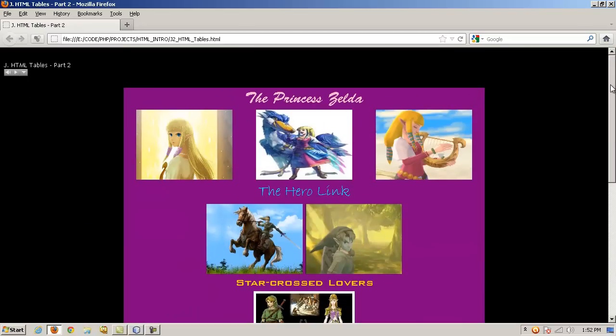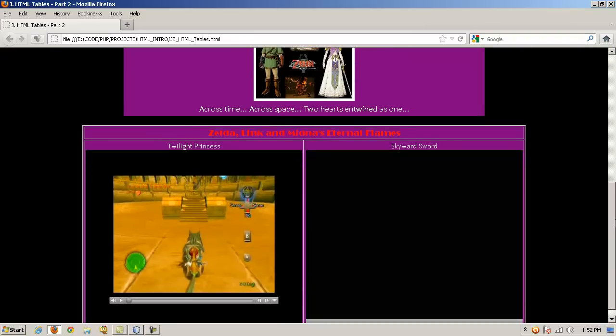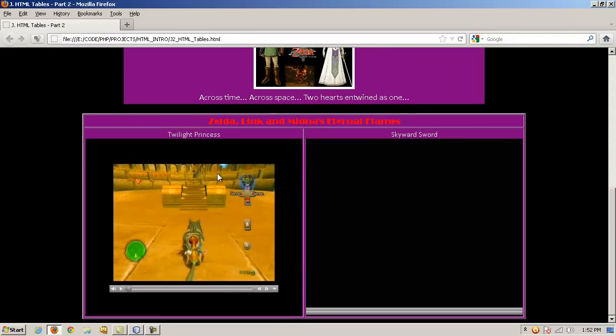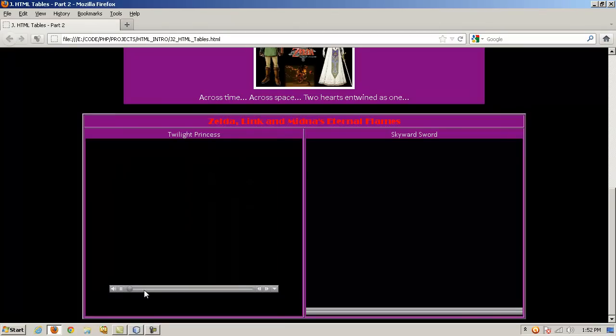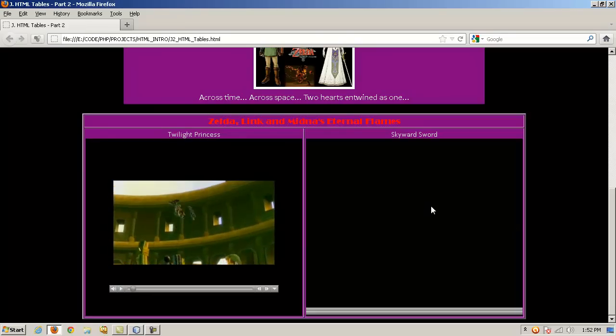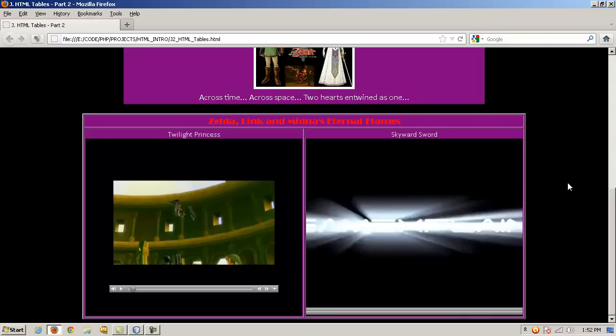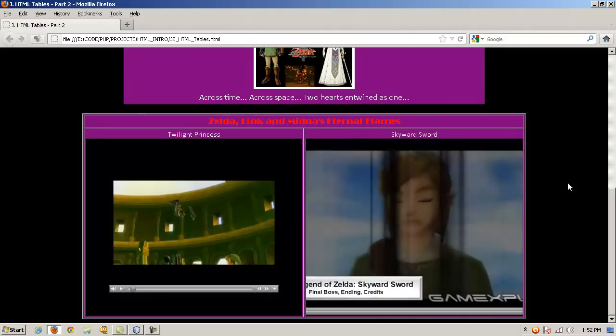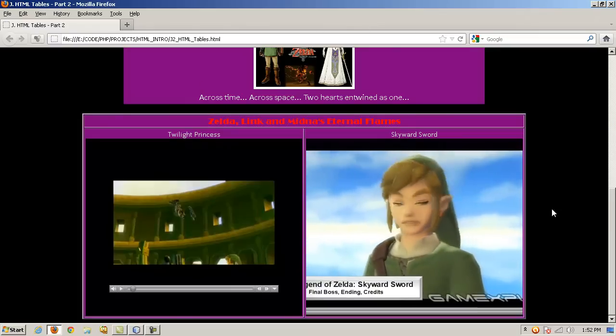And I'm going to go ahead and stop that MP3 for now. And then here's the second table. And in this case, we've embedded a couple of videos. And here's the first cell. And the second cell. And you can do this with YouTube videos, all kinds of things, whatever you wanted to, but